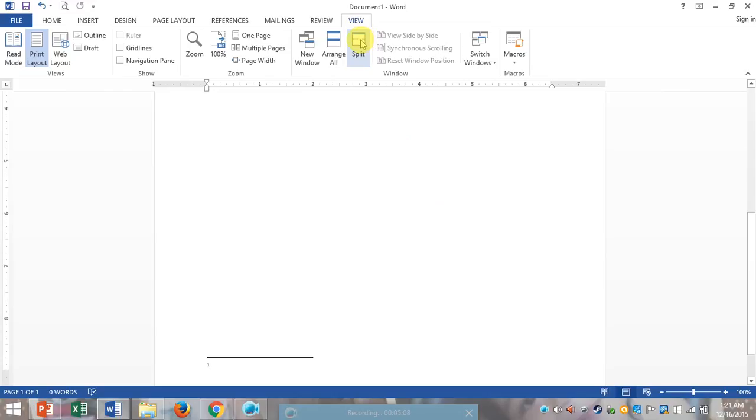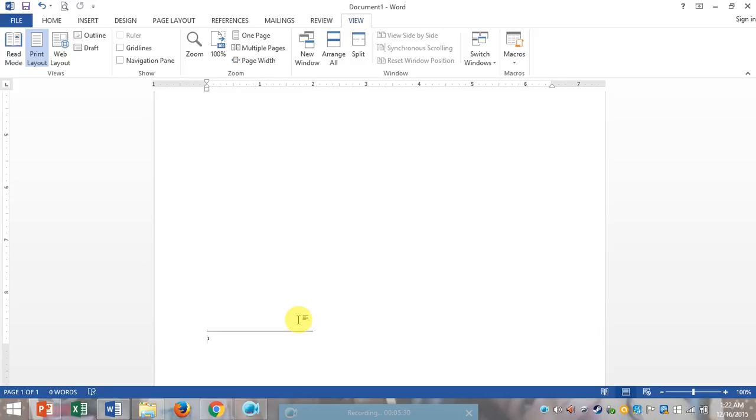The ribbon is designed to respond to your current task, but you can choose to minimize the ribbon if you find that it takes up too much screen space. Click the Ribbon Display Options. It's right here.